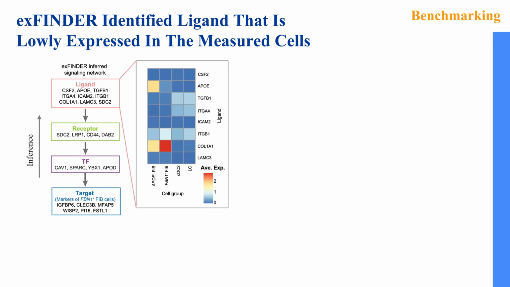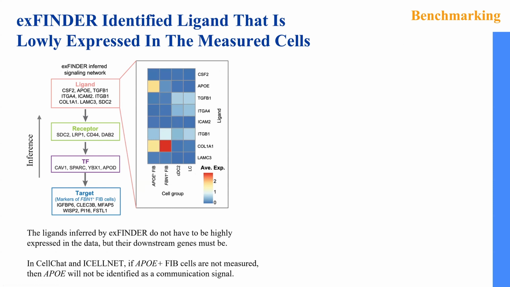Another thing is that exFINDER can identify ligands that are lowly expressed in the measured cells. Here is an example. We use the FBN1 plus fibroblast cell markers as targets, and we infer from the bottom to the top. We find those ligands, and then we check their expression in those 4 cell groups. And the principle is that